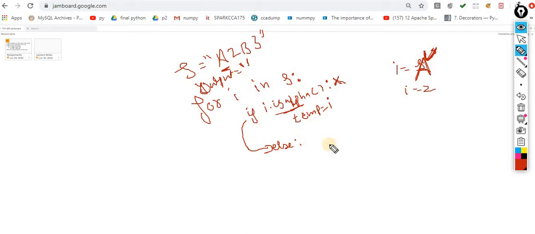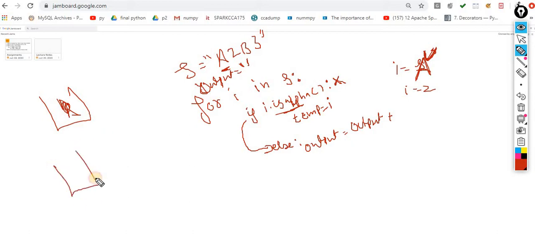Now if else is executed, what do you have to do? Output is equal to output plus concatenation, because I have to concat with the previous values as well.